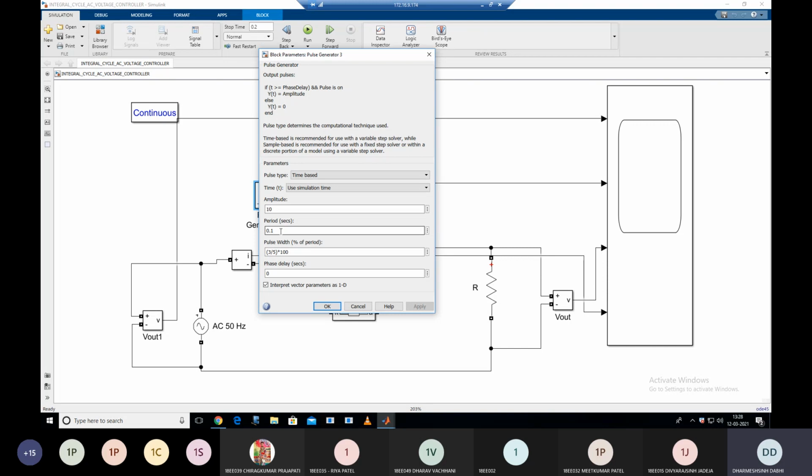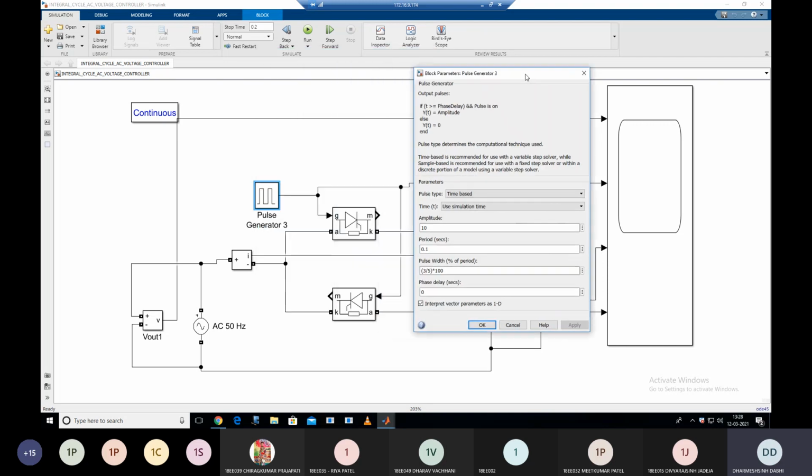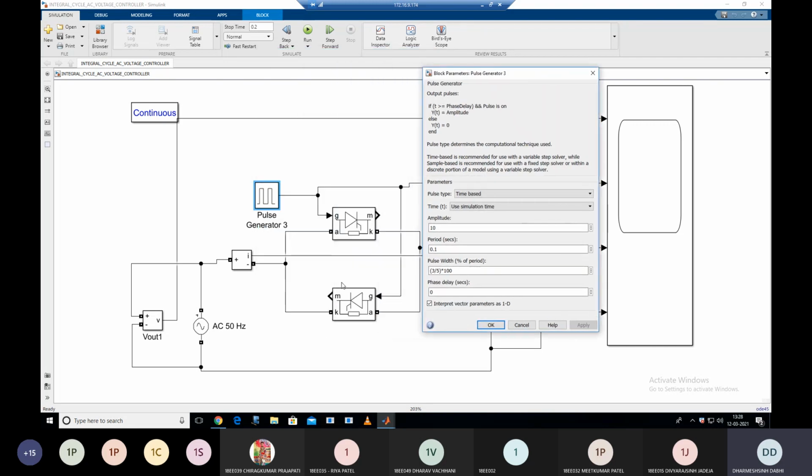Clear? As we already studied one example, in that example we took the on cycle as 6 and the off cycle as 4. Clear? Same here in this simulation, I take the on cycle as 3 and the off cycle as 2. So for the first 3 cycles I continuously provide the gate pulse to both thyristors T1 and T2. And for the remaining 2 cycles, the last 2 cycles, I completely remove the gate pulse. So for the last 2 cycles I get 0 output, and for the first 3 cycles I get the output same as the supply.